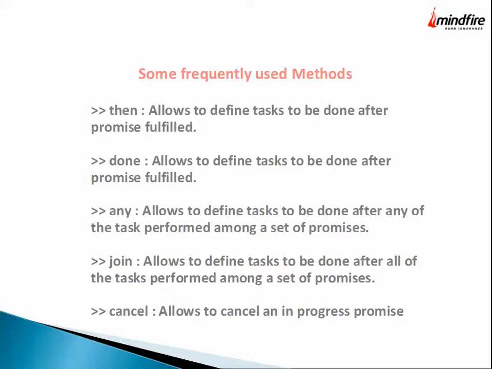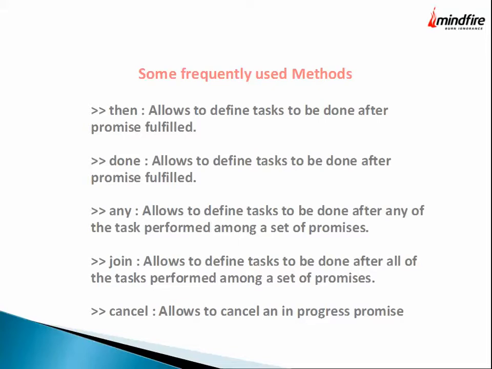Your job is to perform a certain task when all these promises are complete. You have 5 promises to do, 5 XHR calls, which are running purely in parallel. One is not dependent on the other, but at the end, your job is to do some task when all of them are complete. Then, moving a bit down, join comes into the picture.